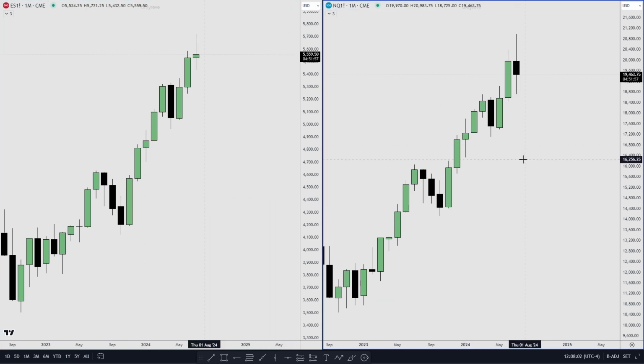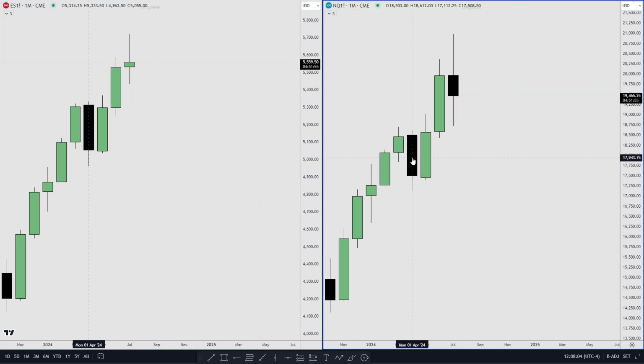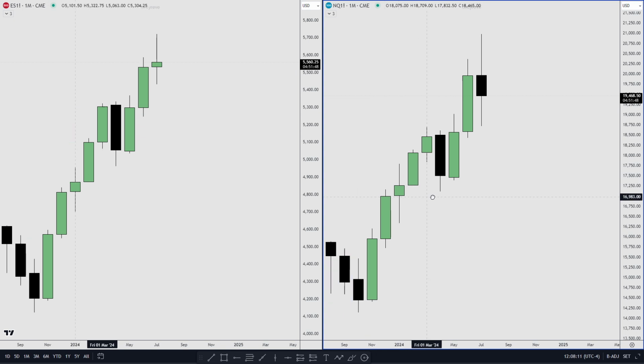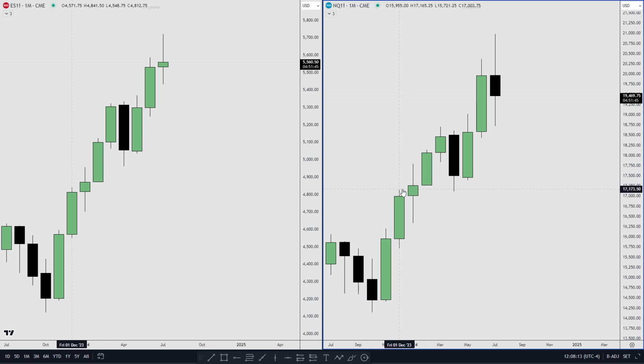So similarly for NQ, this order block right here has traded into this tiny little fair value gap here, or if you want to see it this way here as well, it is possible. This small tiny little fair value gap, and then it traded higher. So to me, if NQ wants to come down into this down close candle for support, it is possible as well,